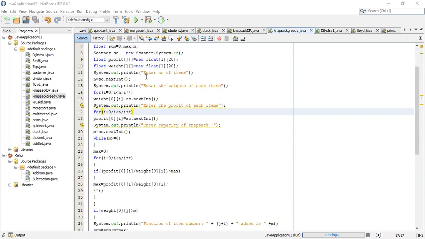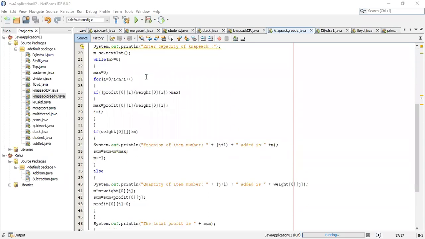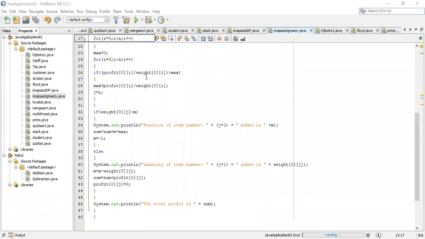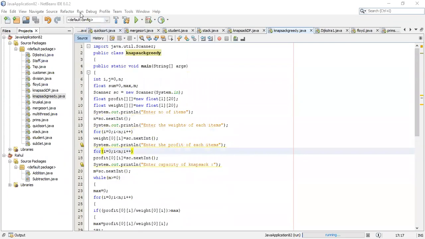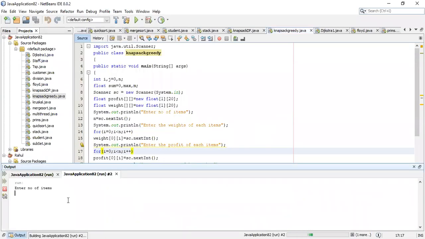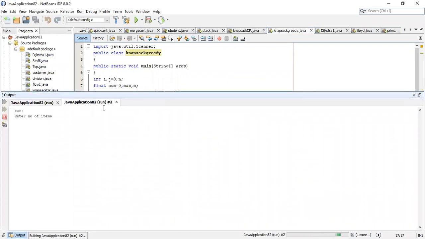So this is the code. Now when I run this program, the first thing it asks is the number of items. So 4 items. The next thing it asks is to enter the weight of each item.